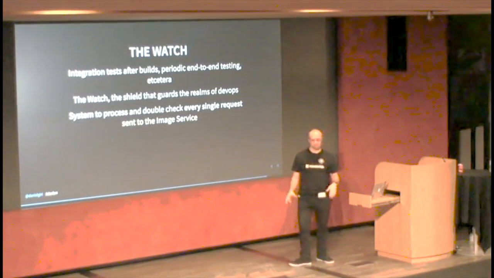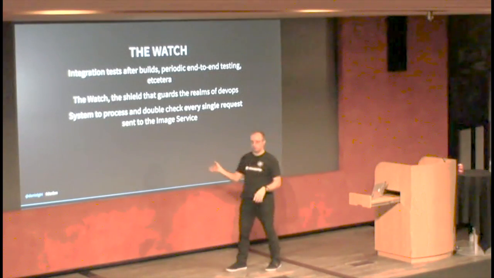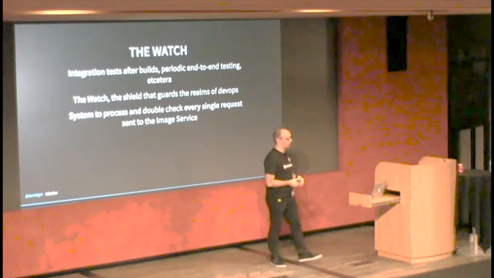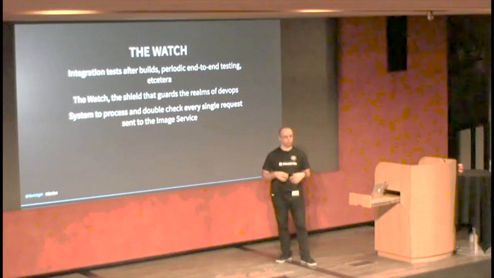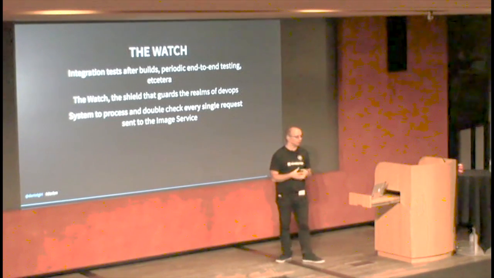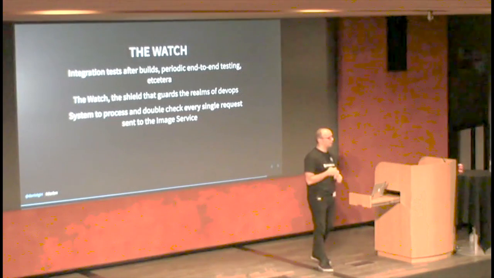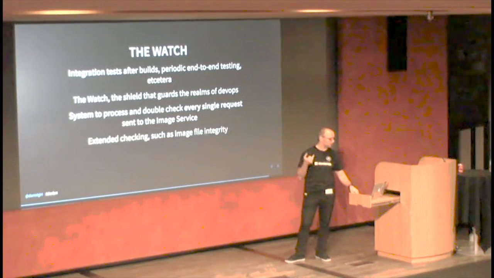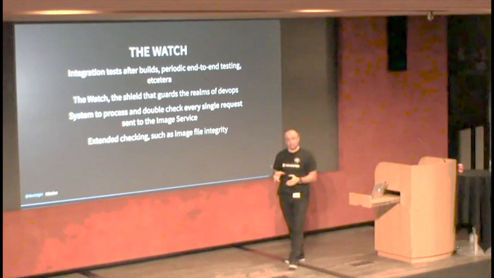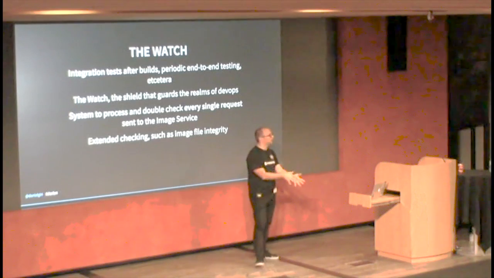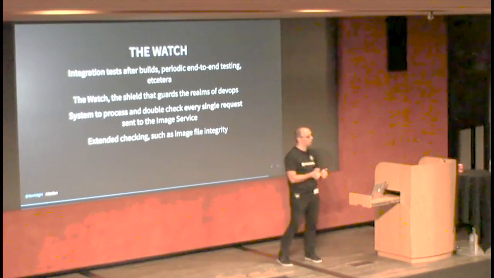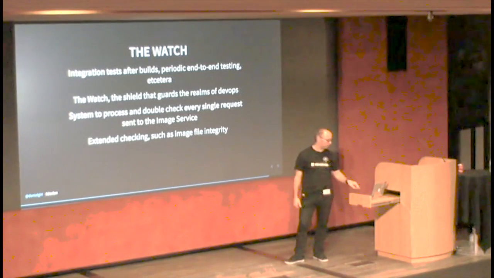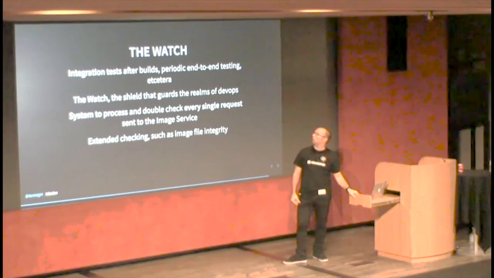So basically, it's a system that fires a couple of million requests at us of actual user data using log parsing, and says, I want to send you 2 or 3 million images, and then request them, and check every single one of them. Check for integrity, for the HTTP headers, check that it is actually an image that you're sending me. You might be sending a header, but not an actual image. It might be corrupt. And we actually found some corrupt ones. These have really helped us to uncover some of the most obscure bugs. And we liked it.